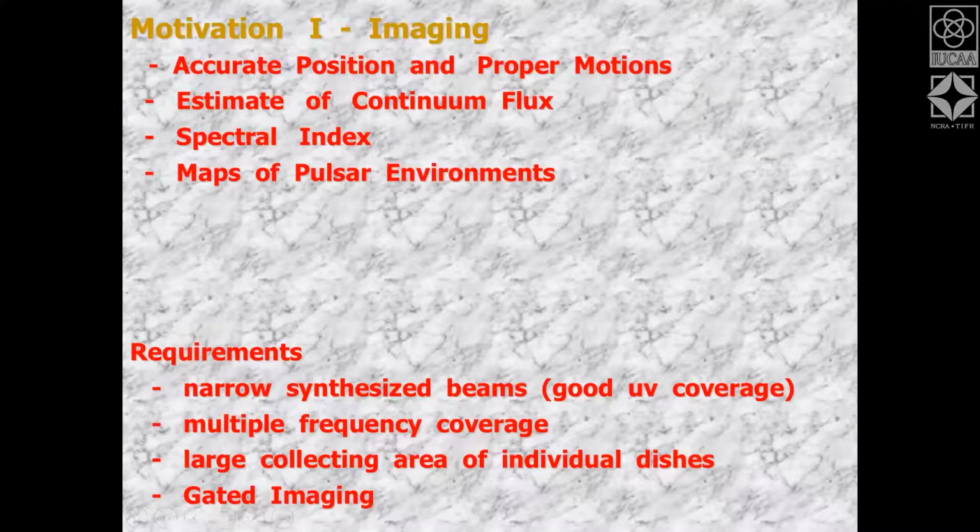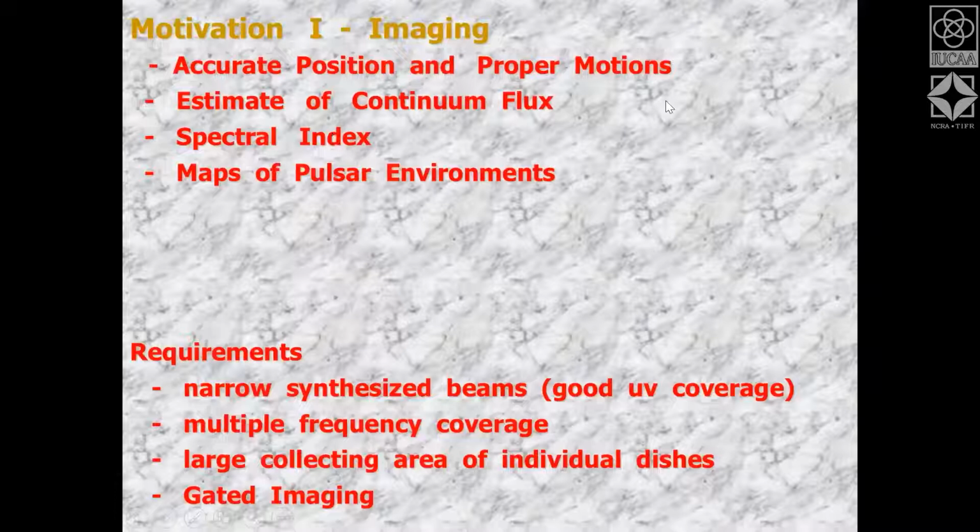The simplest form of data is just to make an image of the pulsar. And why would you like to make an image of the pulsar? You may want to make an image of the pulsar to get its position. Pulsars are high velocity objects, which means that they are moving at very high velocities. Some of them move at 1,000 kilometers per second, which is a very large velocity. So they will actually move in the sky, and that is called proper motion. So if you make two images separated by a few years, you can actually see the pulsar in motion.